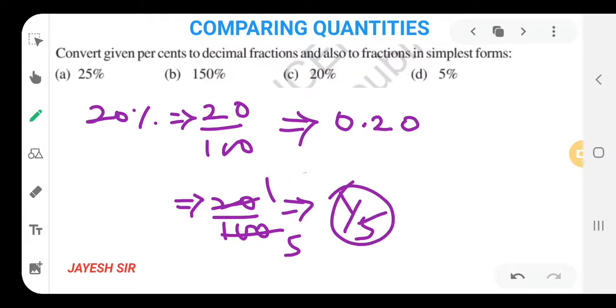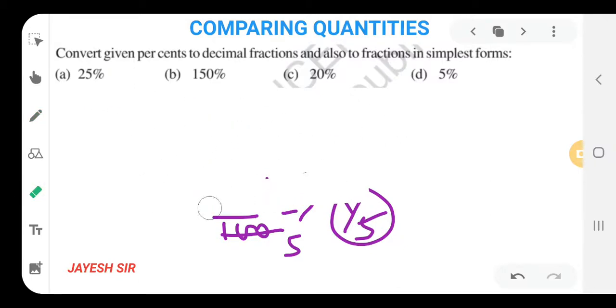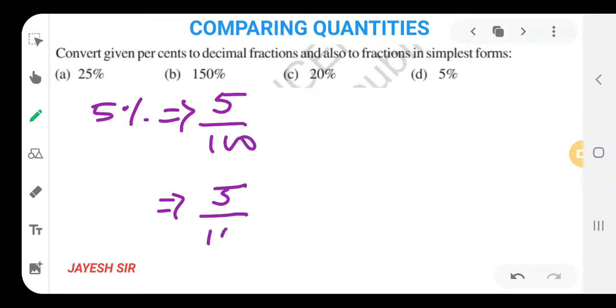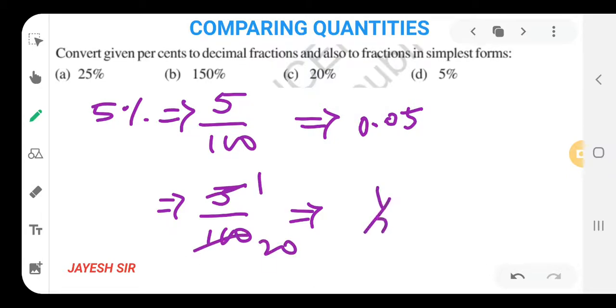So those are the easier types of sums. That is the last sum for the day, that is 5%. I will suggest now that each and everyone should pause the video and try to solve on their own. I am solving over here for you. 5%, which could be written as 5 upon 100. Now point after 2, but here we have only 1 digit, so we are going to do it like this, 0.05. That would be the answer in terms of decimal. Now in terms of fractions, 5 1s are 5, 20s are 100. So in terms of fraction, it would be 1 upon 20.